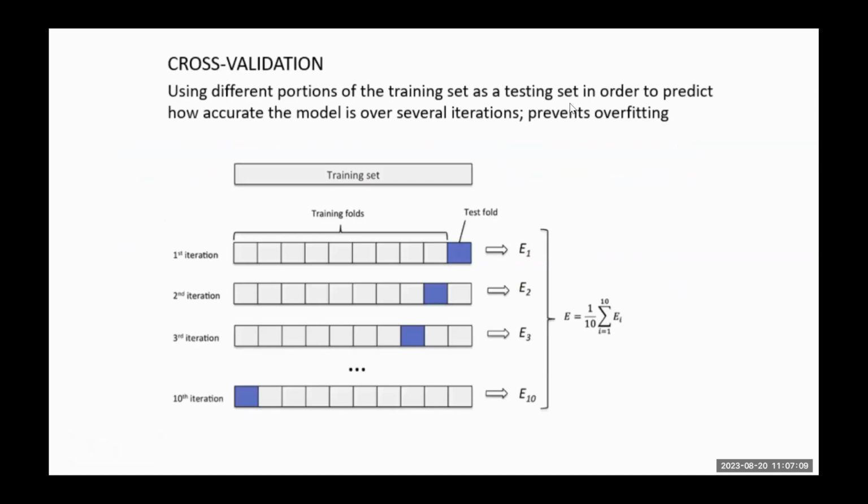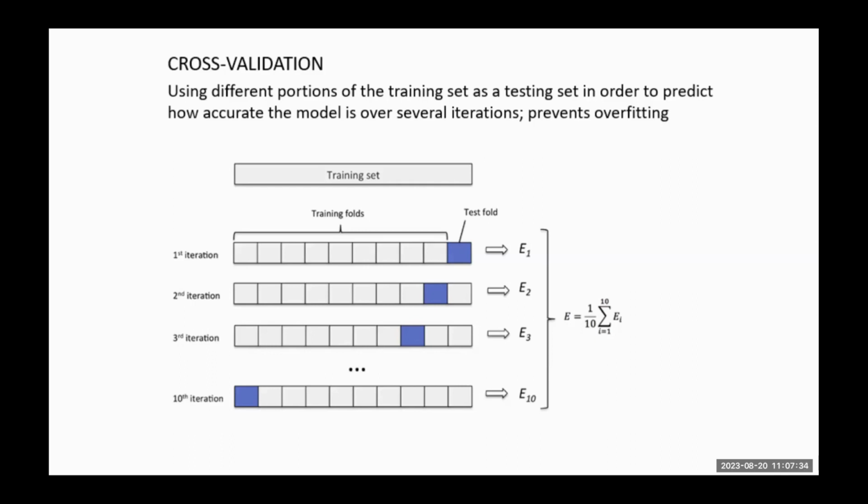So this may help you to understand cross-validation more. I couldn't open my text. Oh yeah. So for cross-validation,